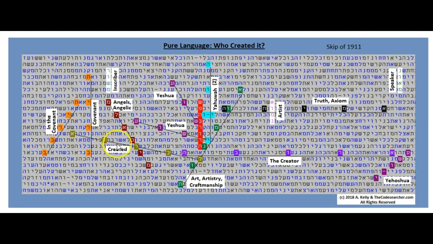And the artistry or craftsmanship in this teal color, going down diagonal. Art, artistry, or craftsmanship. We have truth or axiom in the black and white.